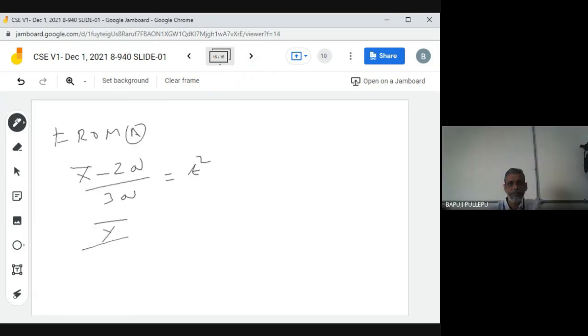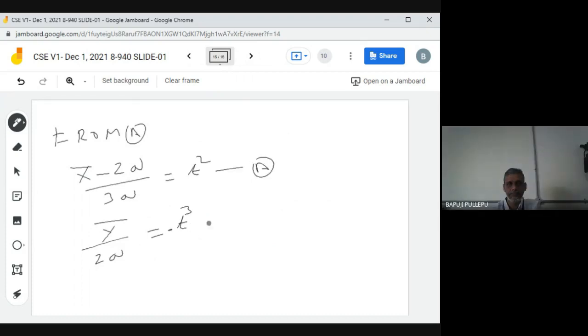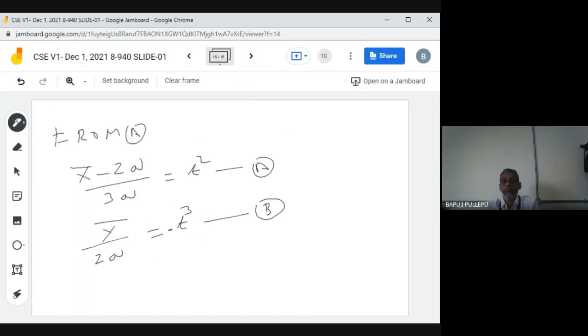Y bar minus 2a is equal to t cube. Actually, this you can take better a and b, a minus t. Now I want to cancel t. How will you cancel? A by B, or B by A? Tell me. I want to remove t totally. There is no t. How will you do it?